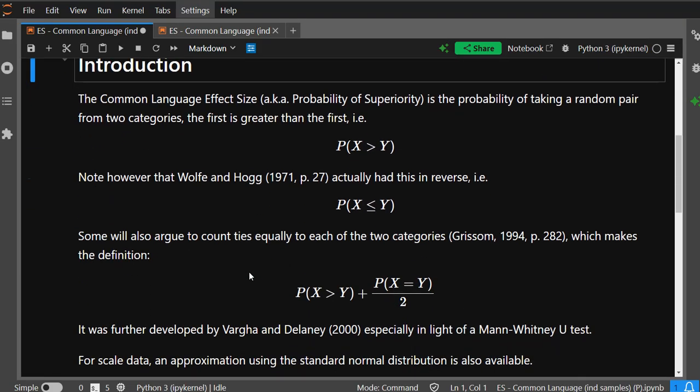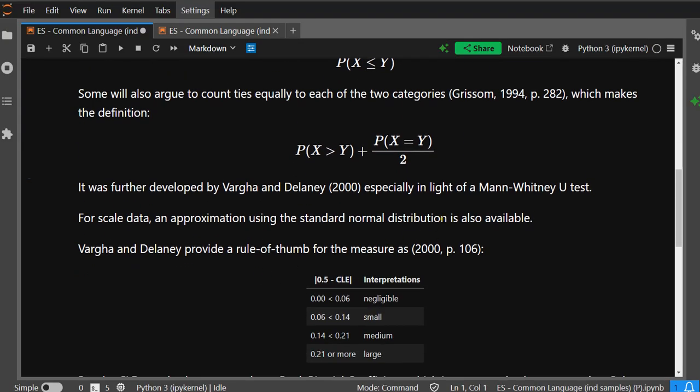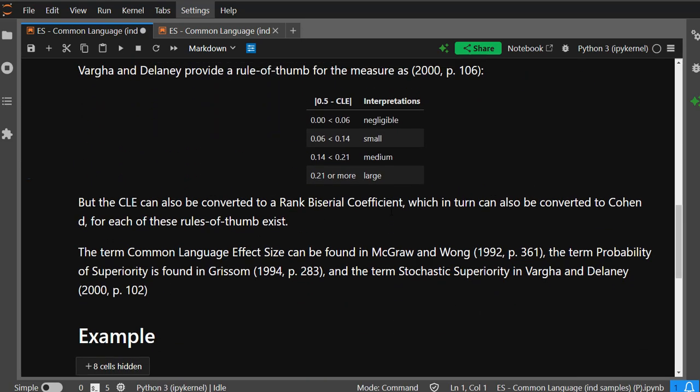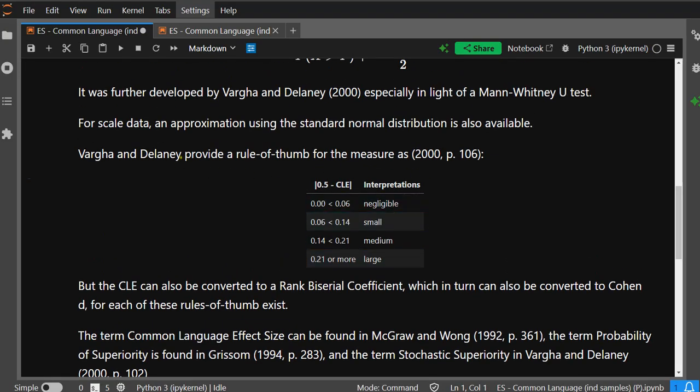It's sometimes used as an effect size measure to go with the Mann-Whitney U test, for example, and it shows to some extent the probability that one of the two categories is bigger than the other one. So if you take a score at random from the first, what's the chance that it will be bigger than a score at random from the other? Now, there's of course a bit of an issue with ties there, so some propose to add those in, some leave them out. And there are some rules of thumb for that VDA, that Vargha-Delaney A,